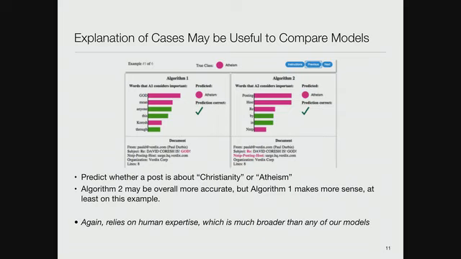So the prediction in this case is atheism, and you notice that God and Koresh and mean are negatives, and anyone, this, and through are positives. And you go, I don't know, is that good? But then you look at algorithm 2, and you say, this also made the correct prediction, which is that this particular article is about atheism.